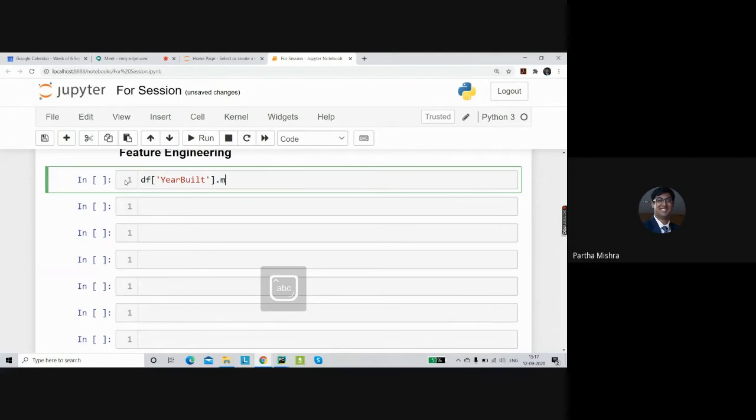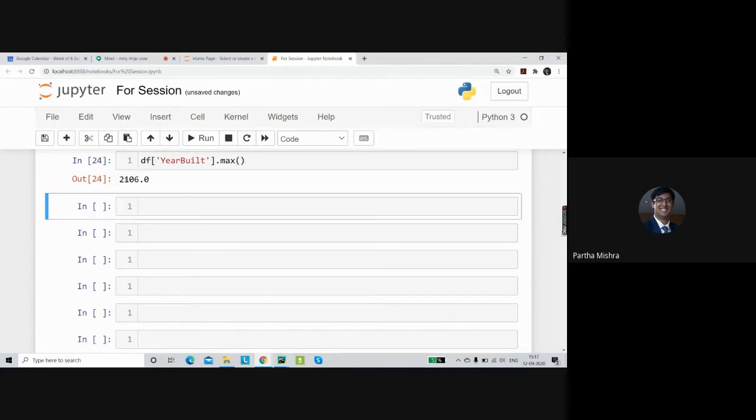For that, I'll simply mention year built dot max. Previously, we saw the maximum year was coming as 2106, which is understandable as some kind of typo by the person who collected the data. So we have to check what the other values are.